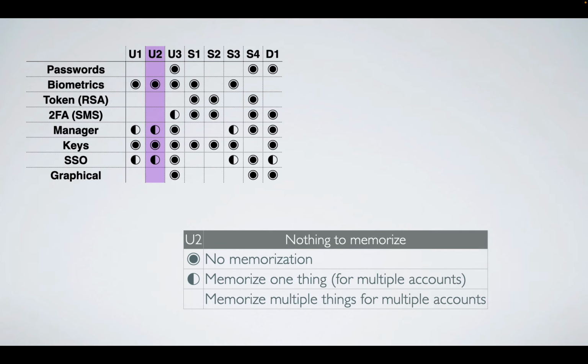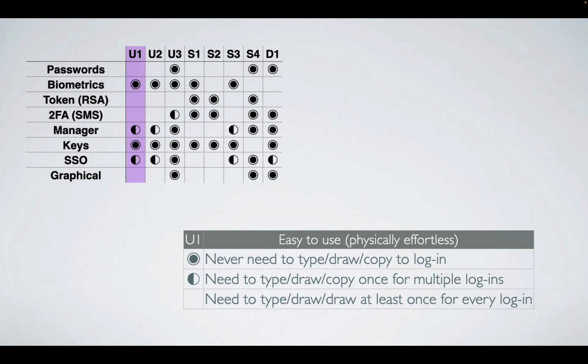Then you could ask yourself, is there something that would be easy to use, but would require more memorization, or vice versa, that requires a lot of memorization, but is not easy to use? And you can try and come up with examples of things that would split it, even if they're not in your table. And if you can do that, then that also indicates to you that there are different actual properties and they belong together in a table.